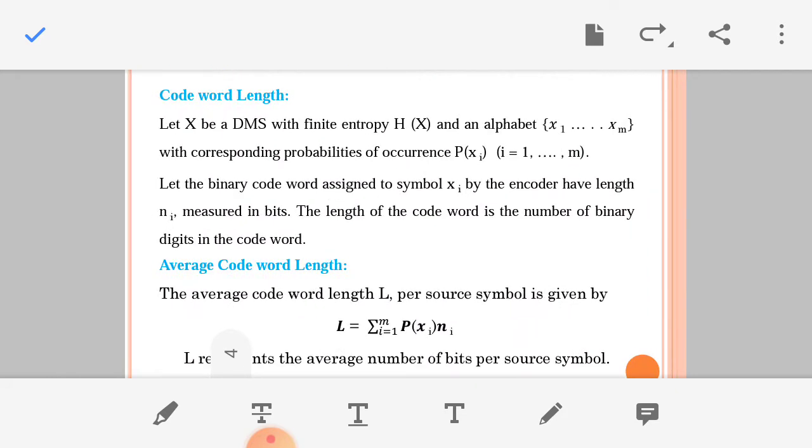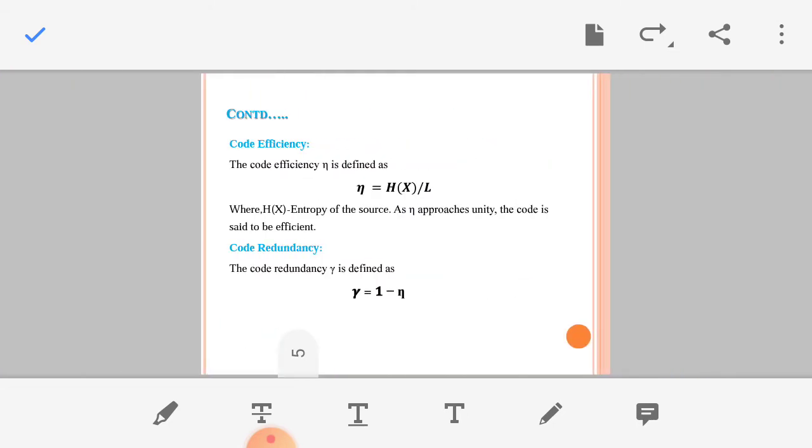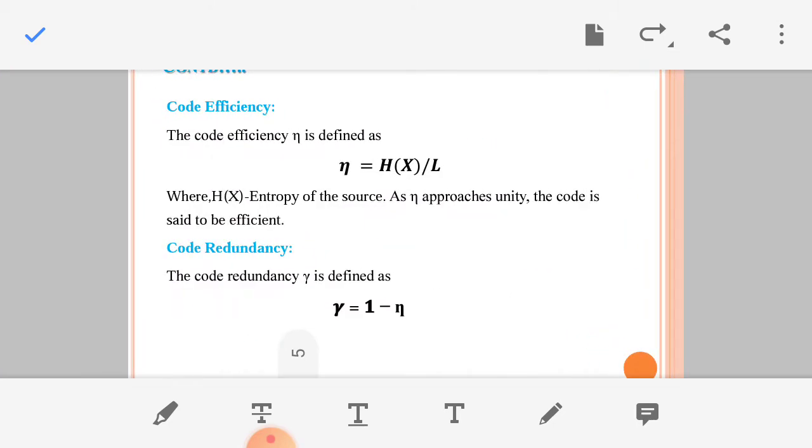Second term, average code word length. The average code word length L per source symbol is given by L equals the summation from i equals 1 to m of P(xi) times ni. L represents the average number of bits per source symbol. Third term, code efficiency.